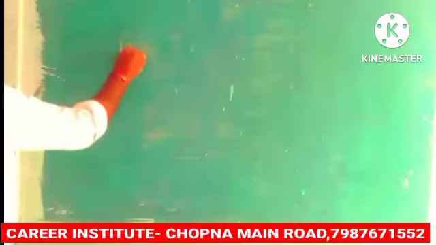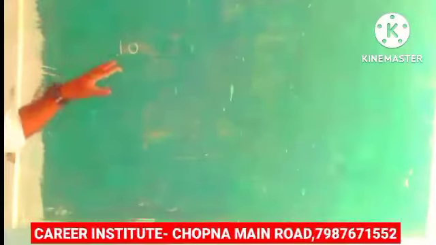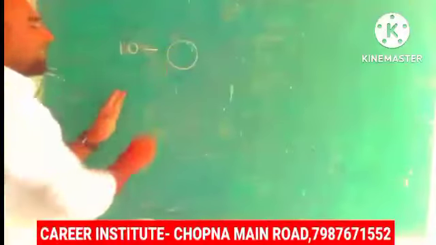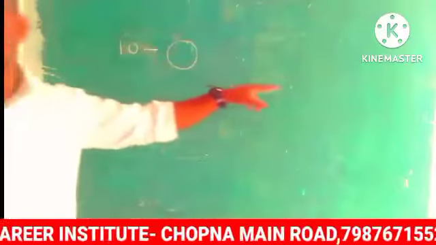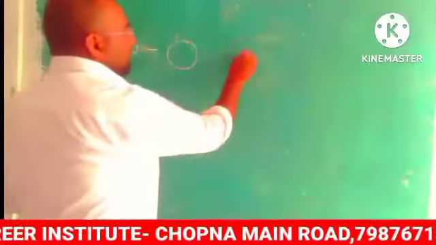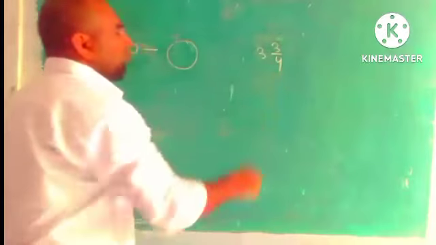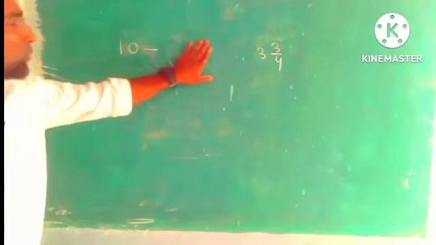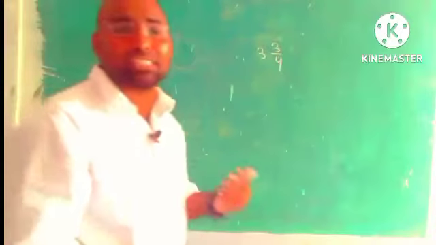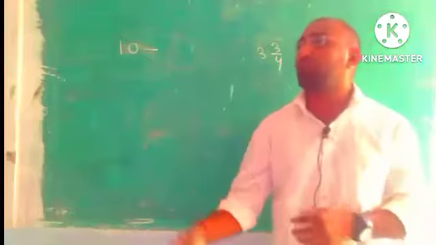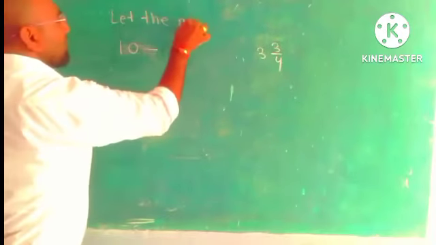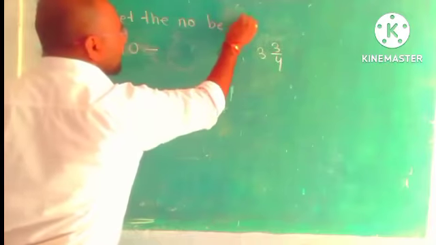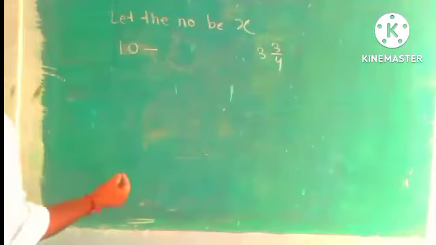So suppose there is a number 10, and we have to find out one number, which when subtracted from it gives 3/4. When we have to find out the missing number, after the solution what we have to write down is "let the number be", just suppose anything: x, y, z, anything. So let the number be what,